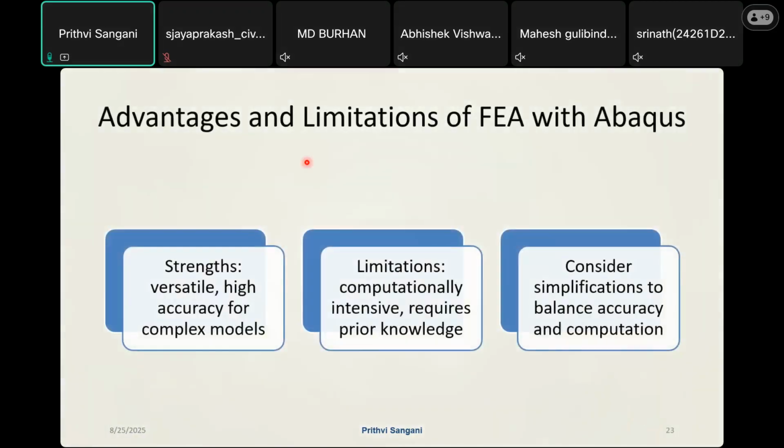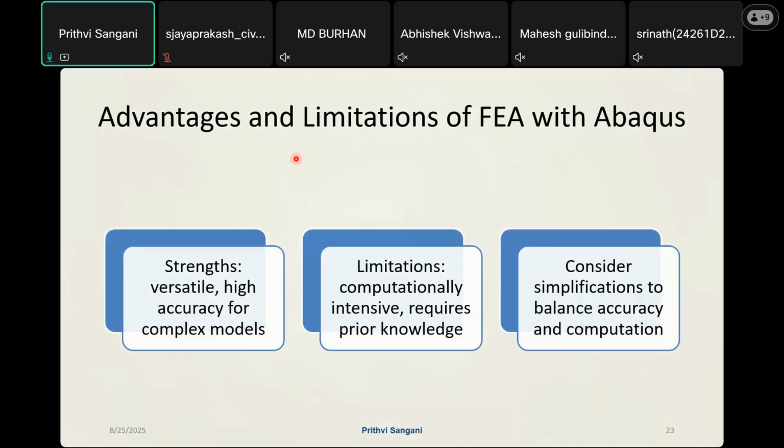So advantages again: it is definitely high accuracy when you have complex models. Like I mentioned, for crack propagation or impact kind of scenarios, you can always use this kind of model for these